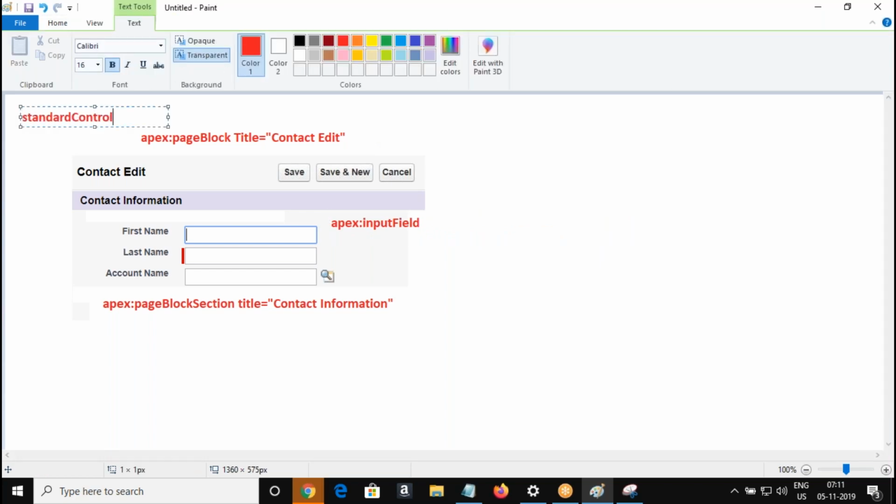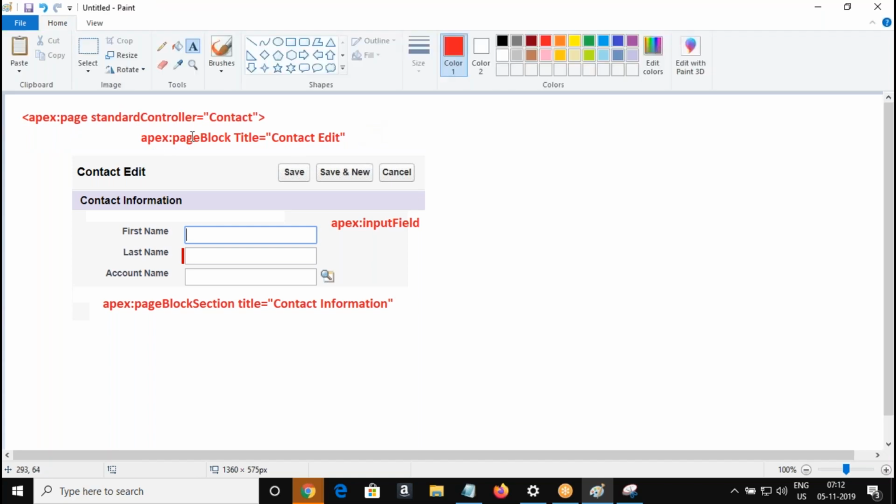My page will be associated with the standard controller contact. Are people able to follow this? So the entire page will refer to the standard controller contact.